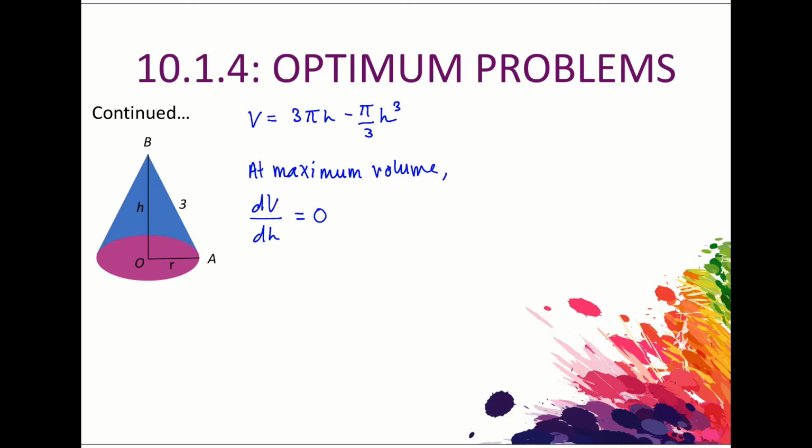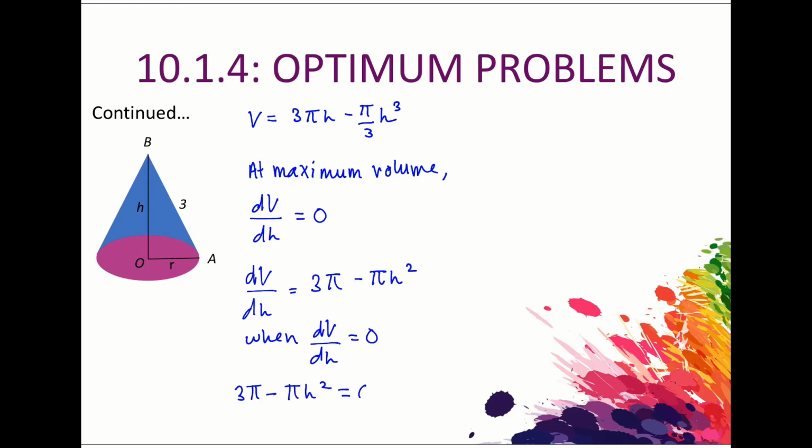So we need to find dV/dh first. So dV/dh is equal to 3 pi minus pi h squared. And when dV/dh is equal to 0, 3 pi minus pi h squared is equal to 0,